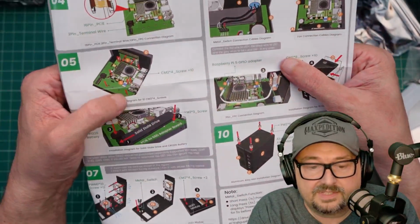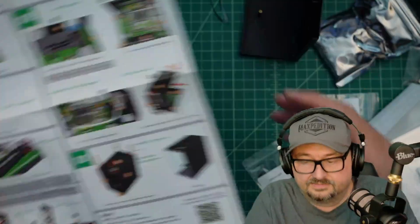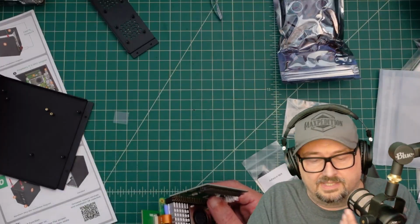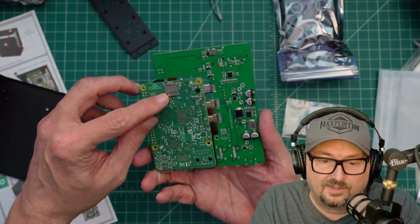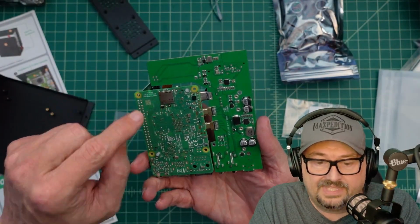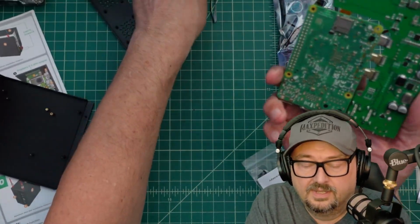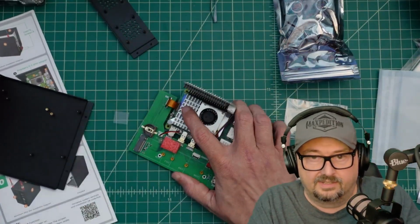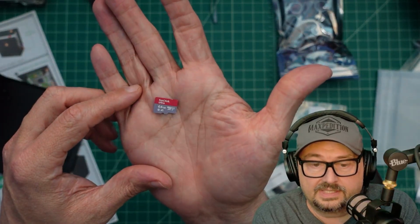Step number 5 is just putting in some set screws. It looks like there's a whole mess of them. You know, I just realized something as I was getting ready to mount this in the case. Once this is screwed down, I no longer have access to this. And that is where you put your micro SD card. Now, we have a micro SD card here that I'll show you how I did it, but I formatted it earlier, and it's a 64 gigabyte